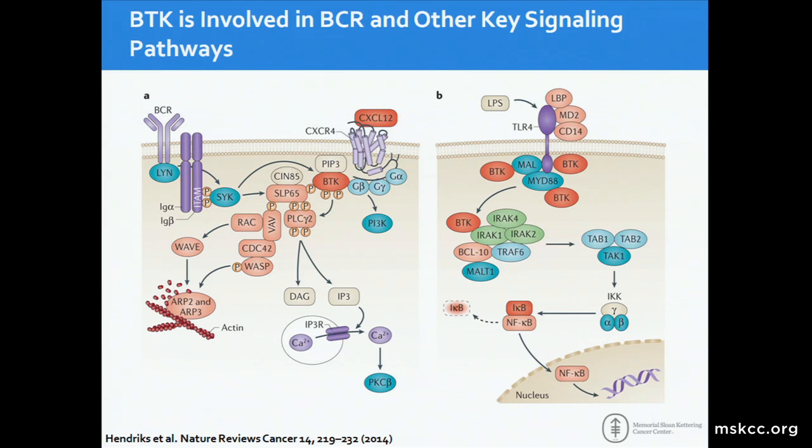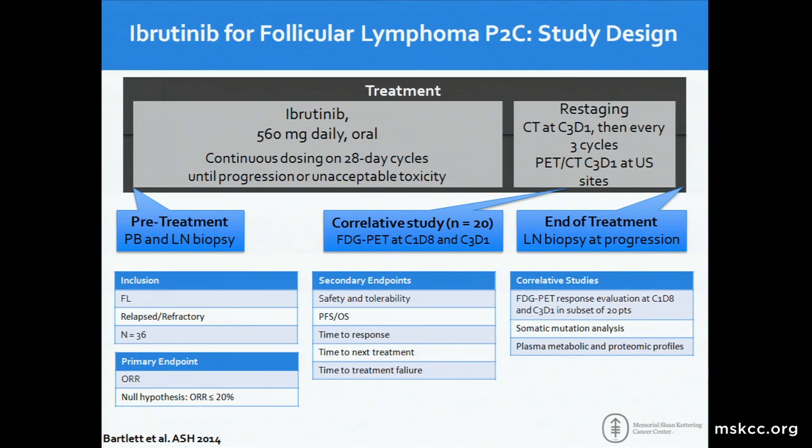BTK, likewise, is downstream of multiple pathways. It's downstream of the toll-like receptor. It's downstream of CXCR4, CXCR5. It's also downstream of the B-cell receptor. And in different diseases, I would posit that different of these pathways are critical in the activity of BTK inhibitors. BTK inhibitors have been studied